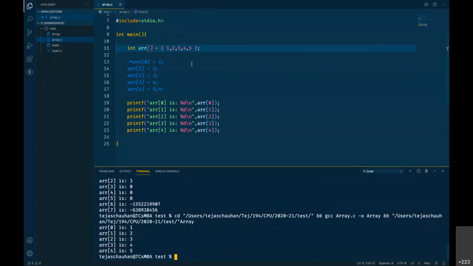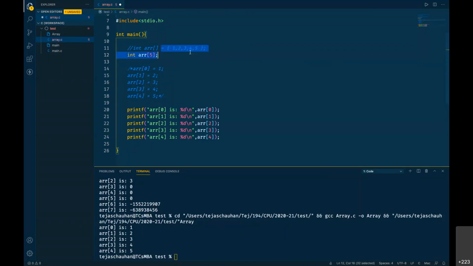Now, if you are not assigning values at the time of declaration, let's go for ARR of 5. If I do not assign values at the time of declaration, then I can assign values at runtime.